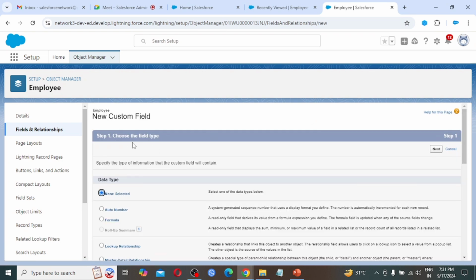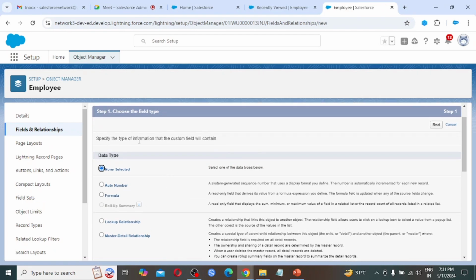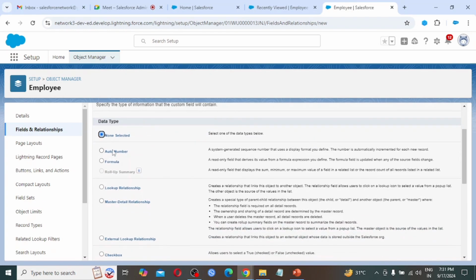After clicking on new, in the first step it is saying choose the field type. Before providing the name of that particular field, it is saying choose the field type. Specify the type of information that the custom field will contain. That custom field is going to contain which type of data: auto number type, formula type, roll-up summary.